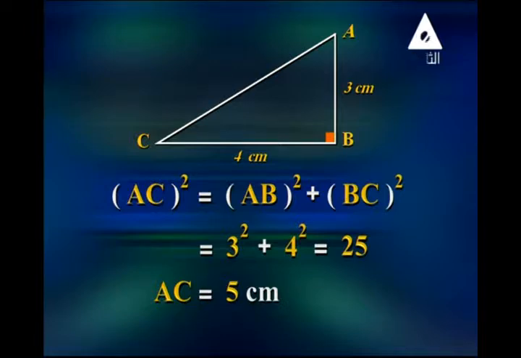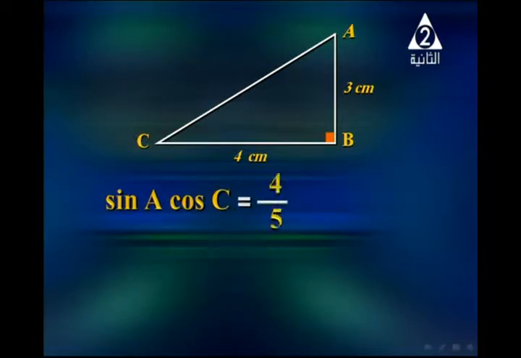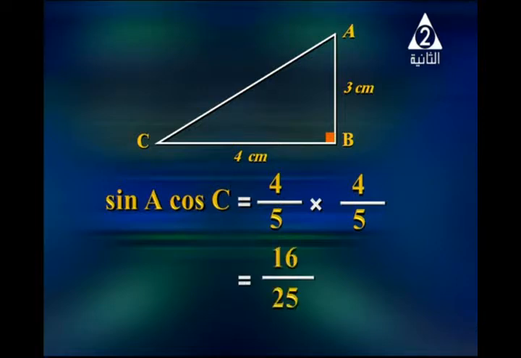What about sine A cosine C? Yes, sine A will be opposite over hypotenuse. So it is 4 over 5. Multiplied by, what about cosine C? It is 4 over 5 as it is adjacent over hypotenuse. So by multiplying 4 over 5 by 4 over 5, you are going to obtain a result as 16 over